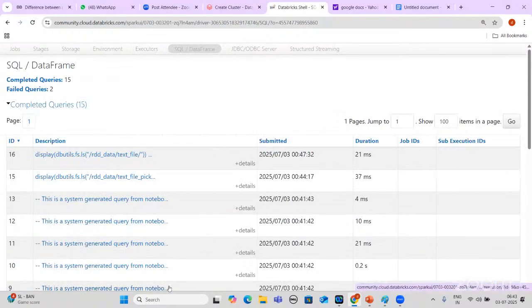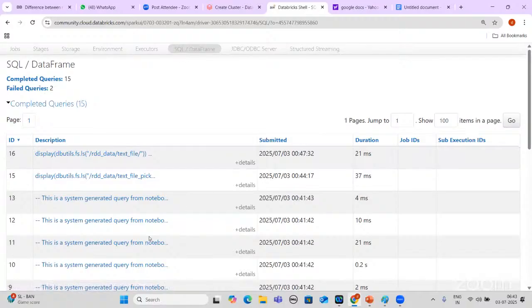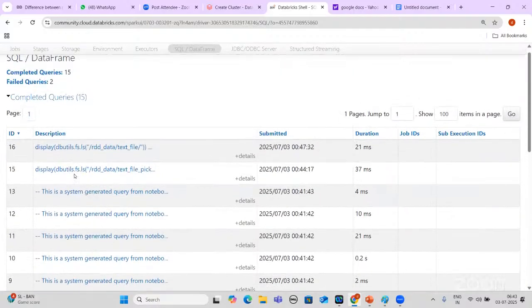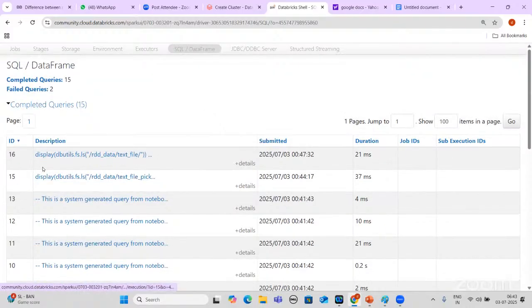You can see all your data frames here. Whatever work we did would be displayed here. Even if some people did some work and left it on that particular cluster, if you want to see that, you can see it here in your DAG scheduler. But in your organization, I think they will block this; they don't allow you to see. But if you have the permissions, you can see it here.